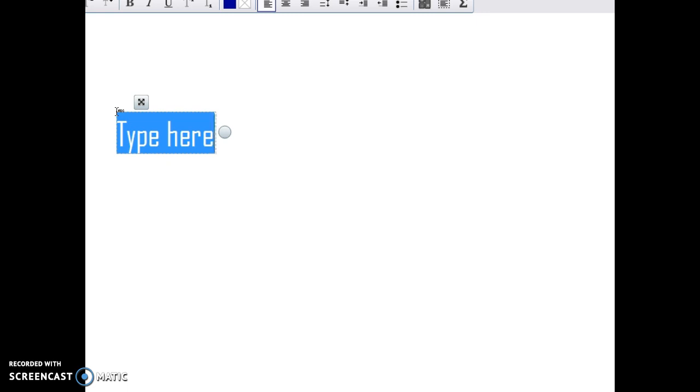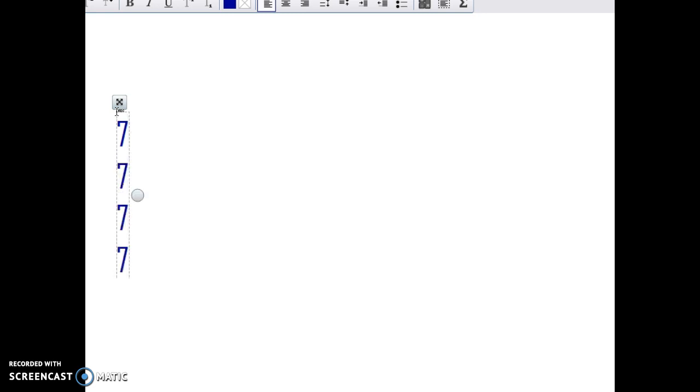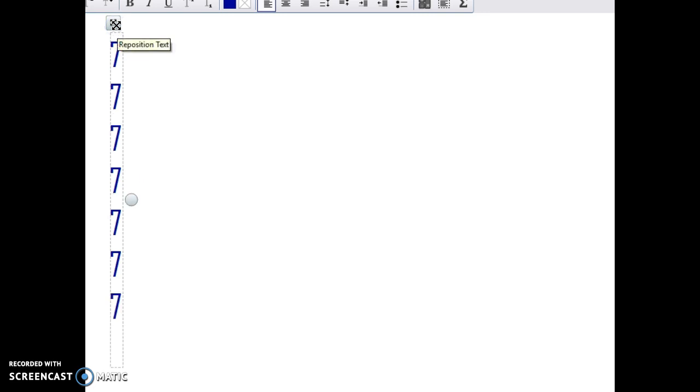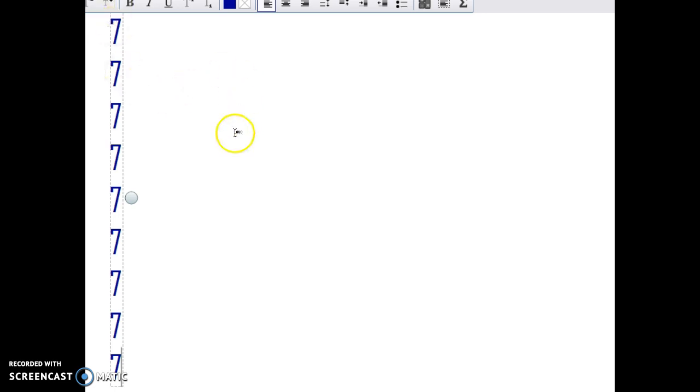So if I have 9 groups of 7, 1, 2, 3, 4, 5, 6, let me move it up a little, 7, 8, 9. Okay, so if I have 9 groups of 7, and I can't exactly recall quickly what the fact is for 9 times 7, let me write that over here. We're trying to find out 9